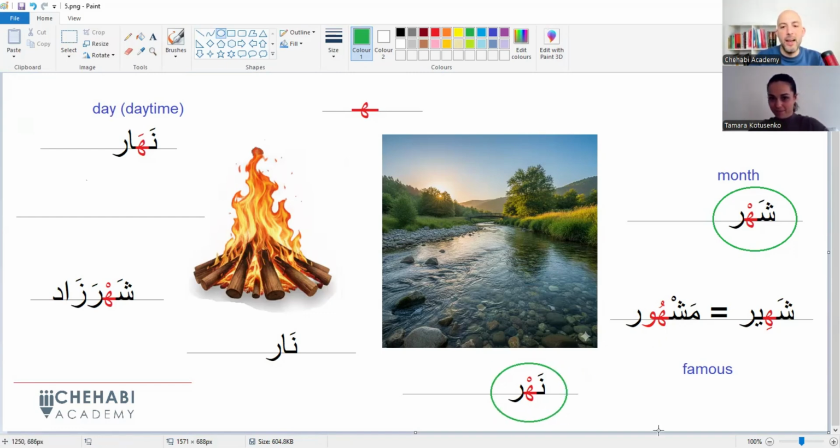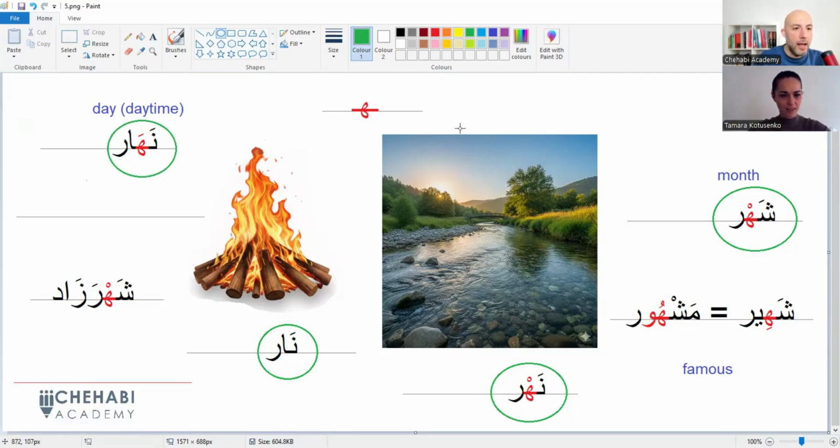نهر. Nahr, river, Nahr. And pay attention, ha is very important to be pronounced because if you don't pronounce it, it is نار. Nar, fire. You see? Nahr, nar. You hear the difference? Yes. Nahr, nar. And next word,